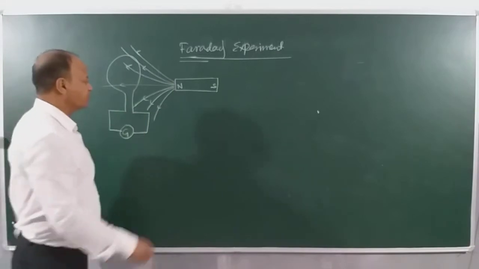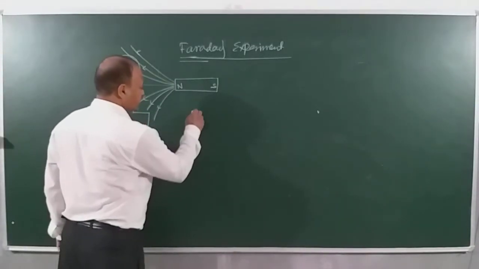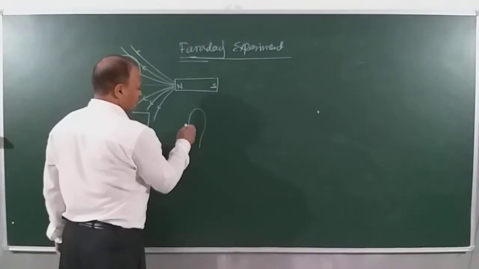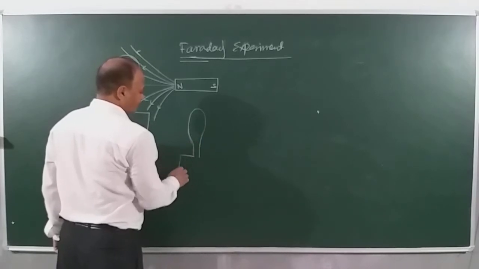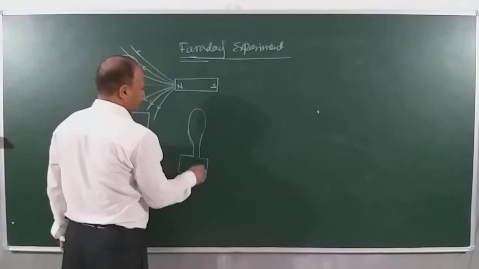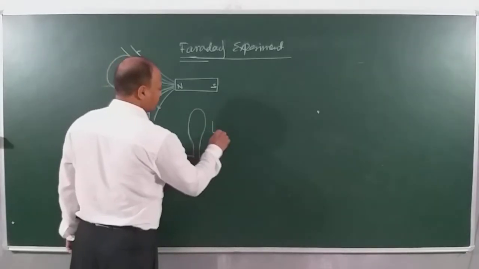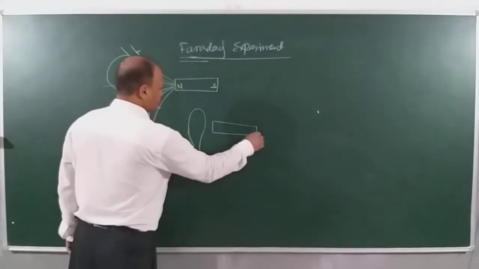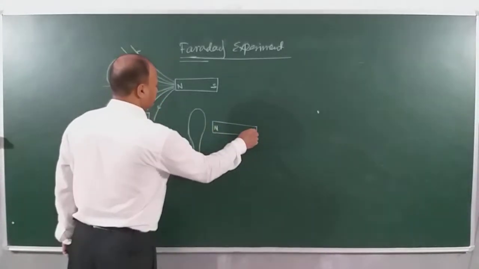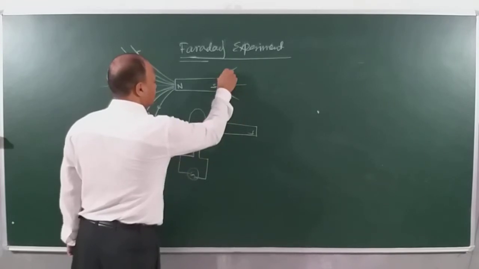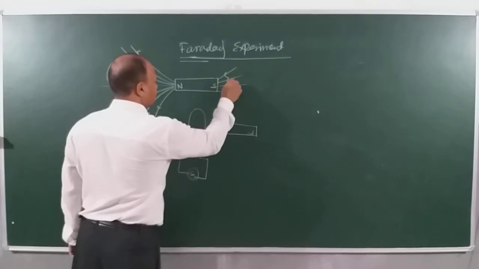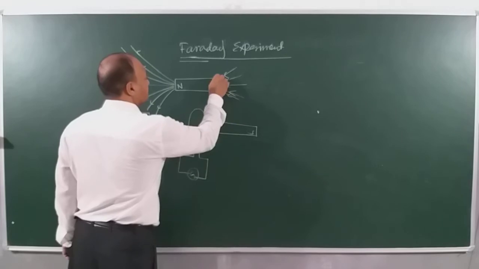Let us see another situation. Suppose we have the same coil here. Now this coil is again connected to a galvanometer and the same magnet comes closer. If the same magnet comes closer, then what will you see? This is the north pole and this is the south pole. Obviously, there will be lines here entering the south pole as well, which you have not shown, but they are very much there, right?